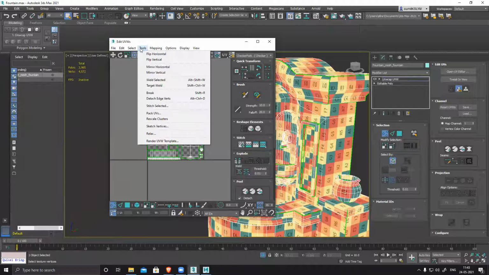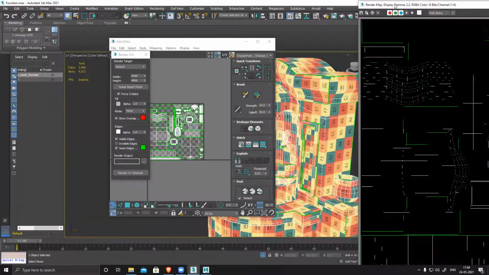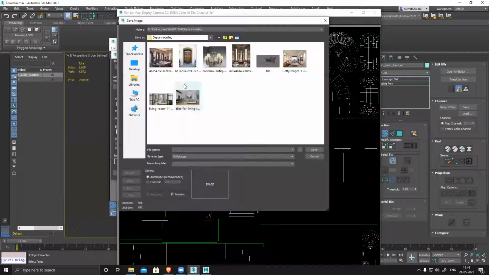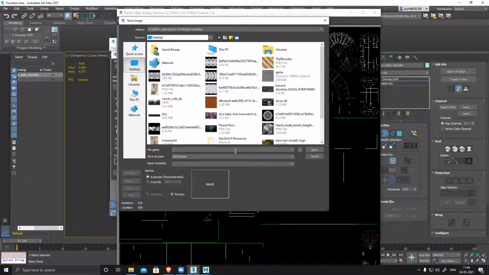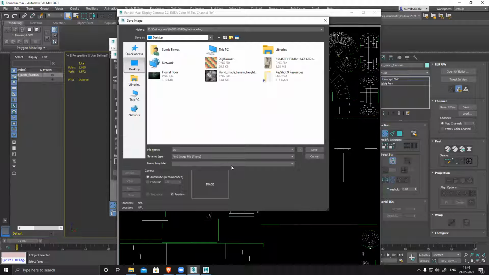So what I'll do is go to my UV render tools, UV renders. You know, I guess all this already. 4096. 4K is 4096, and render UV template and save it. Desktop, UV. Personally, I prefer PNG. If you want, you can use JPEG or TGA or anything. Why do I prefer PNG? Because it gives you a transparent layer, so selection becomes very easy.